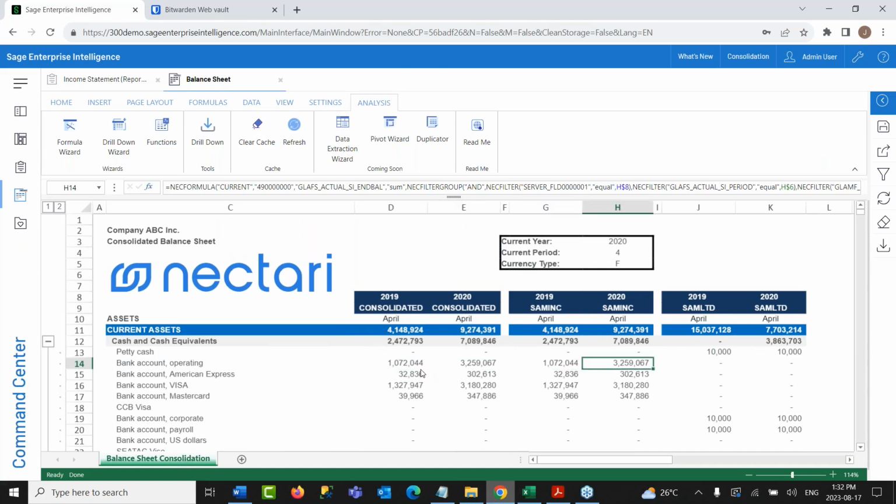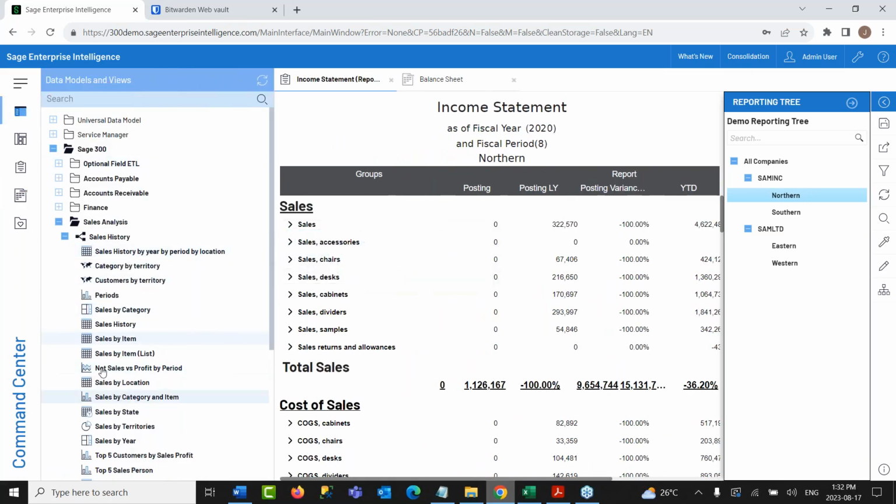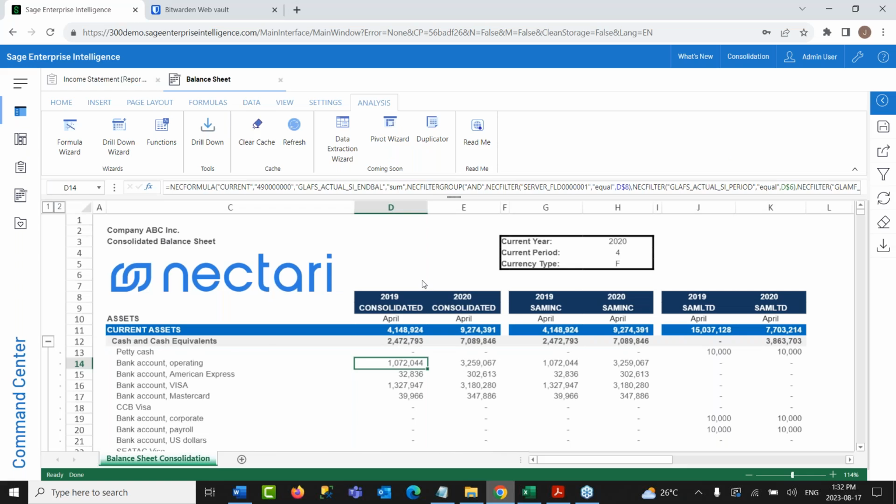So that's exactly how these reports are created here, and we can continue using a bit of Excel within the web application, but at the same time using all its other functionalities that we saw today, be it out-of-the-box reports, dashboards, report designers, reporting tree, and also the web workbook. With that, I will conclude my presentation and pass it back to Olivia.